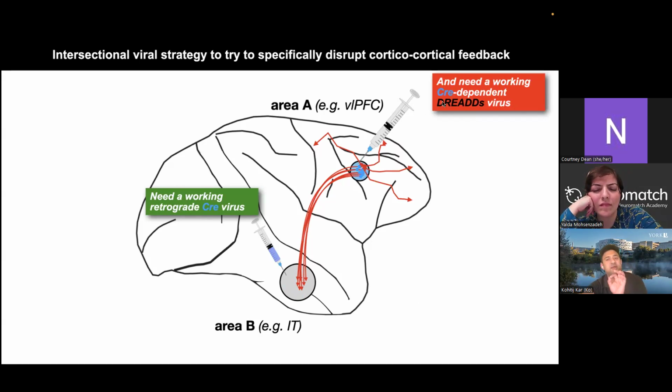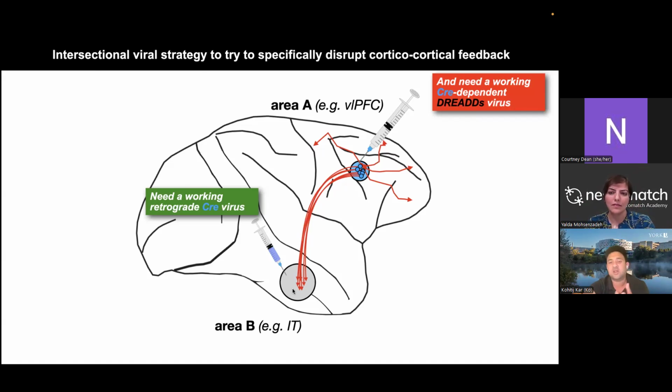And whatever this DREADDs virus does, and I'm not going to explain much about DREADDs, you can imagine this is a kind of substance that if you put it in will do something to the system that will produce the desired effect, but now only in these neurons that have taken up the Cre from this other area. So in our case, this DREADDs virus could transfect the neurons in that area to develop receptors that end up producing less activity in those neurons, which will serve our purpose. But that's not the point. The point is that in this way, you can develop an intersectional strategy.